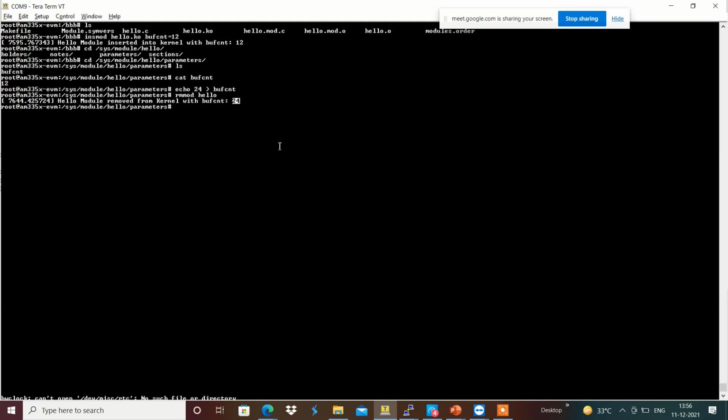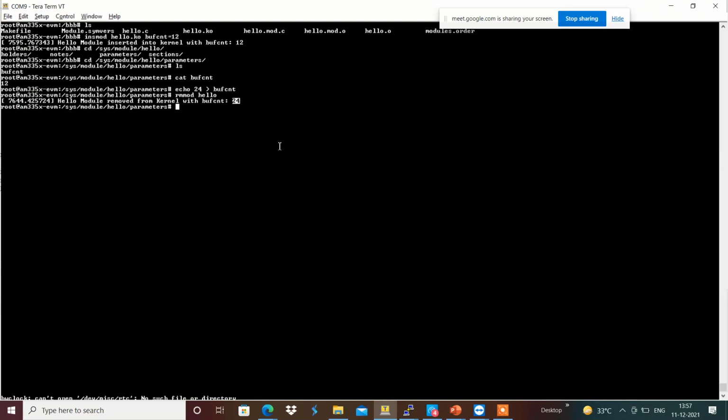This makes it flexible to update the parameters. Suppose we are using a buffer count of 4 and checking the performance, then increasing the buffer count to 8, and increasing it to 16 at runtime.